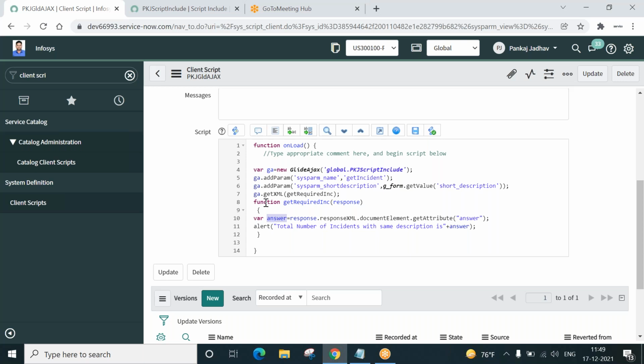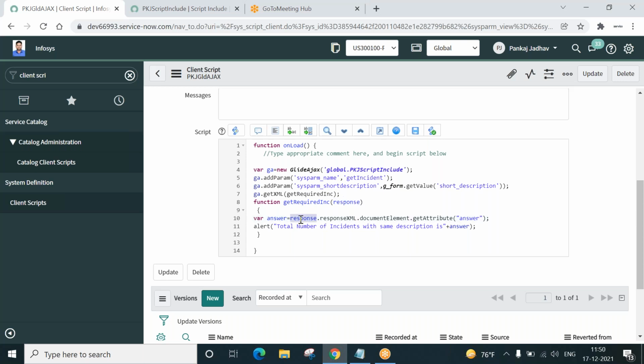So did you see, this is a client-side function. When this line executed, it went to the script include and got us the response in the response object, whatever the result is.